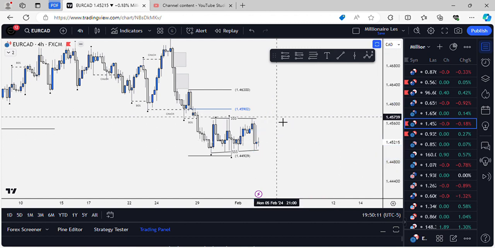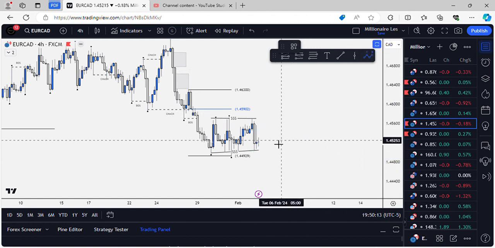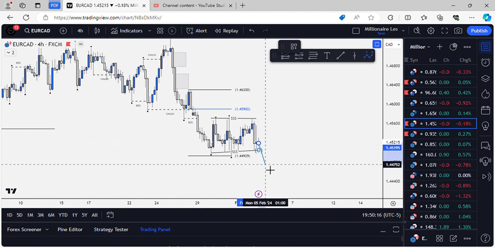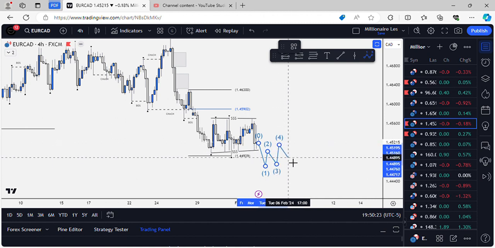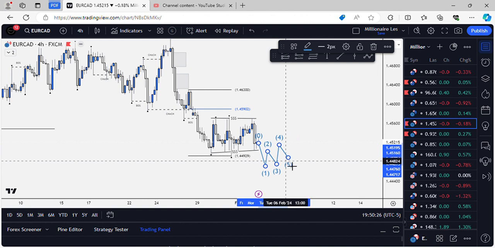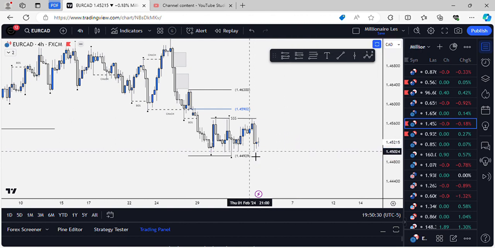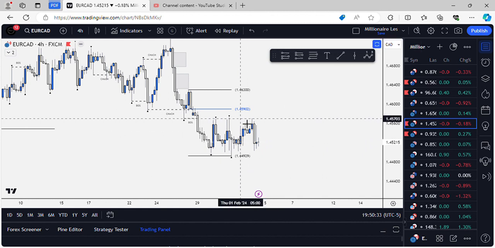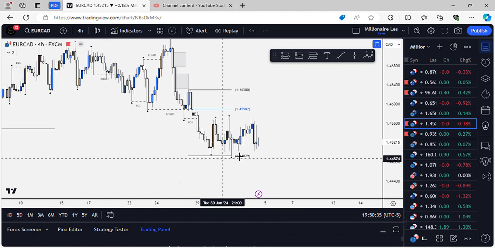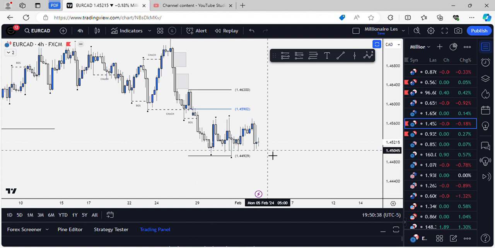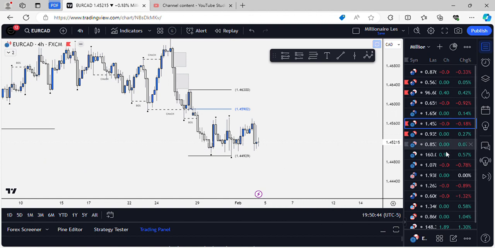Or what price can do is purge sell side liquidity, come back up, have some type of change of character, pull back, and then take off for buys. So you just have to be reactive based off of this. But this is on my watch list due to the buildup of liquidity. I guess people who study Wyckoff call it either accumulating or distributing. I don't know, but I just call it buildup of liquidity.